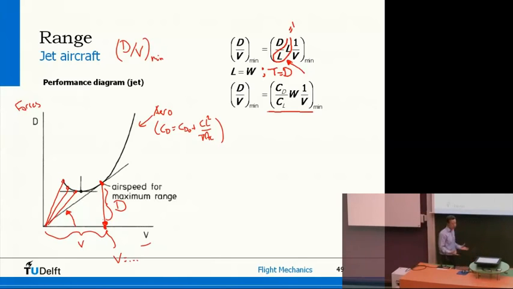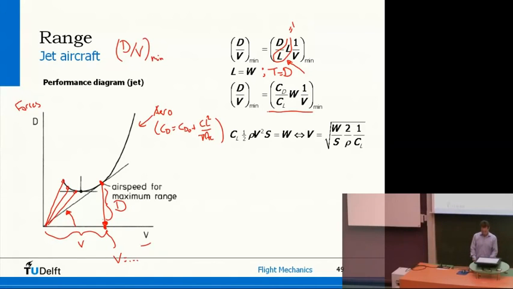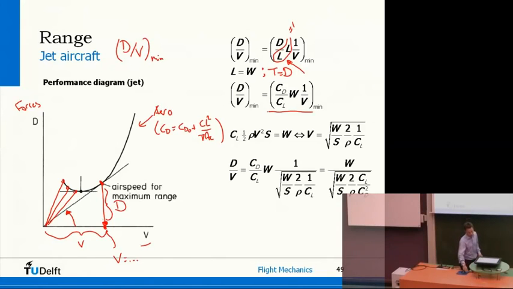And we already know lift is equal to weight. So we have the airspeed equation, which is the square root of weight over S, 2 over rho, and 1 over CL. Now, if I put that in the D over V equation, then this is what I get. So I just take this airspeed and I put it in there. This is then what you end up with. And you can also say CD over CL is the same as the square root of CD squared over CL. And if you do that, you can put the square root into that square root,